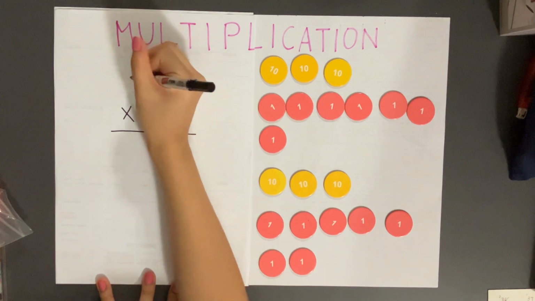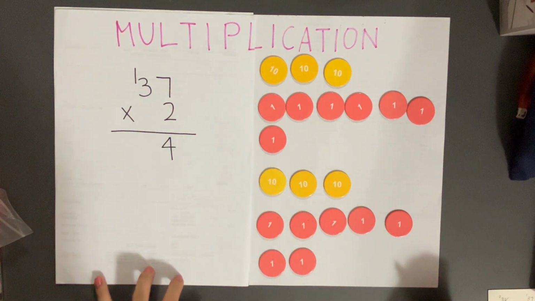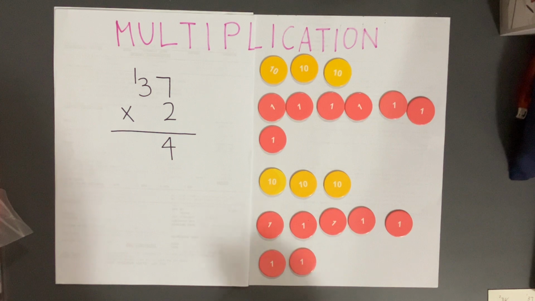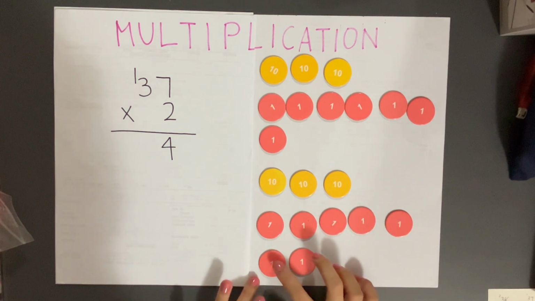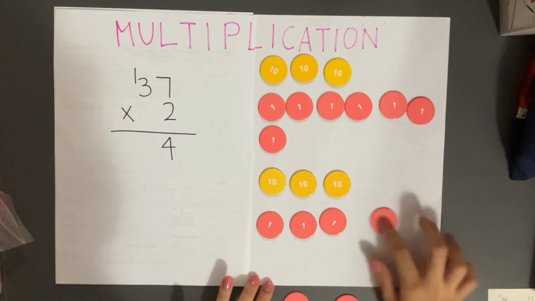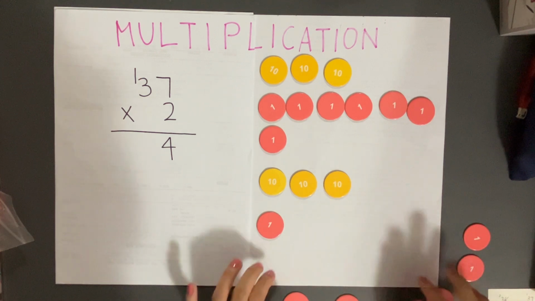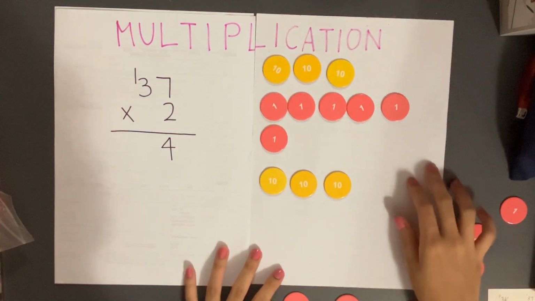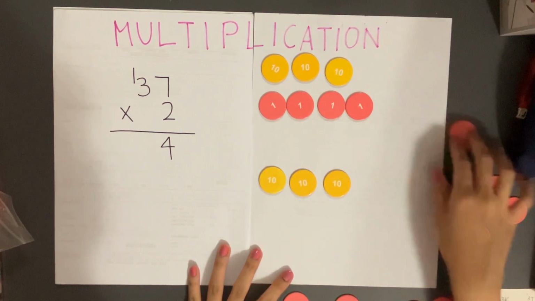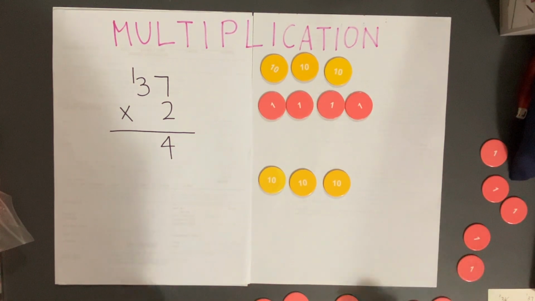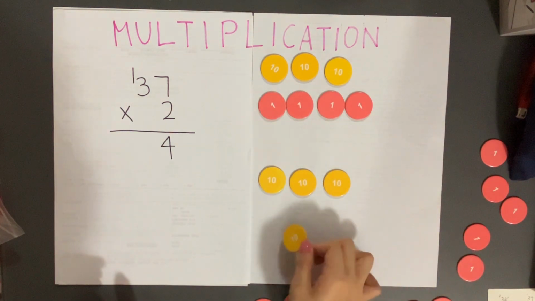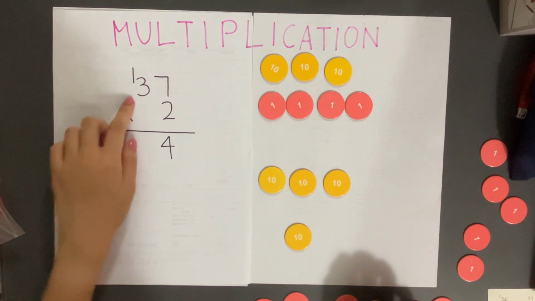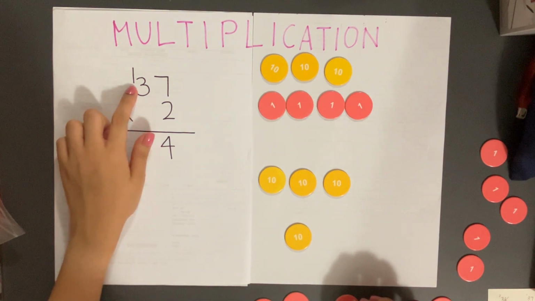And in my tens column, I will add 1 ten. Now, because I have renamed 10 ones into 1 ten, I need to take away 10 ones. So I'll take away 1, 2, 3, 4, 5, 6, 7, 8, 9, 10, and I will replace it with 1 ten. So now I have an extra 10, which is what's happening here when I add another 1 to my tens